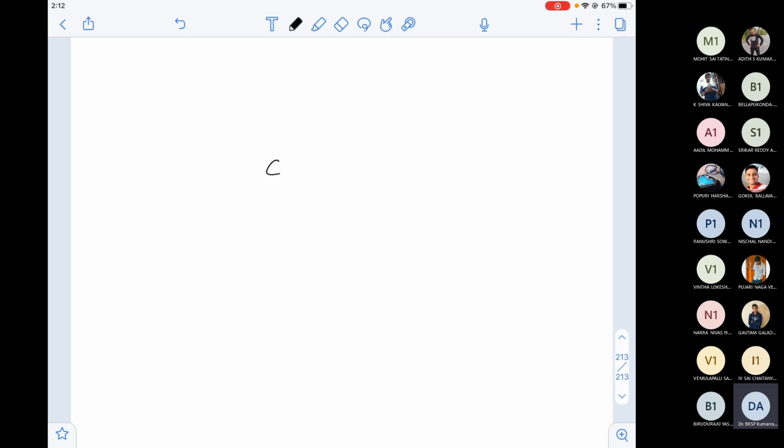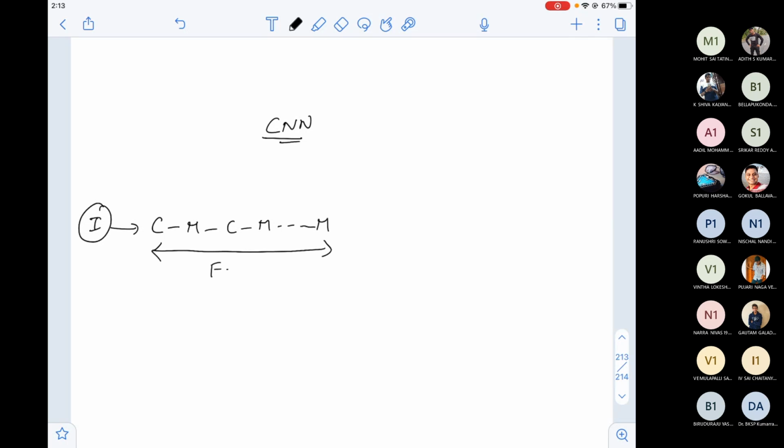I have a CNN. A CNN is basically a sequence of convolution layers. You give your input image to a sequence of convolution layer, max pool layer, convolution layer, max pool layer, like that. Assume the last layer is a max pooling or average pooling layer. This is the feature extraction part. Perfectly fine. Now after this, whatever you have is fully connected layers: fully connected layer 1, fully connected layer 2, fully connected layer 3.